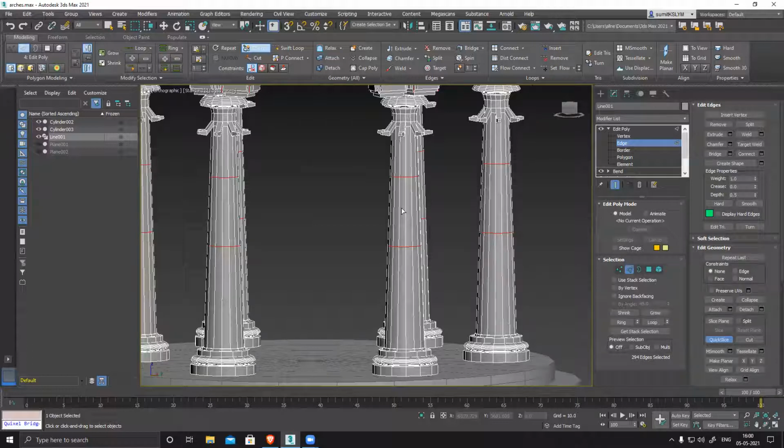There will be cases when you want to break a model. Suppose you have a house and you have to create a version where one section is completely broken or destructed. In that case, we use the slice or cut tool, cut them, create those sections and separate them.